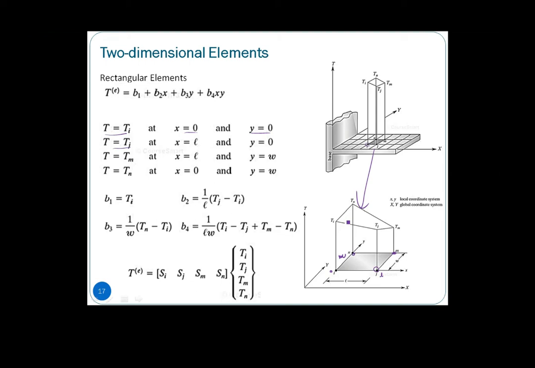This is a similar way of what we have done in one-dimensional elements. Now it involves more unknowns in this case. So we have four conditions to determine the four unknowns. If you substitute all these B1, B2, B3, B4 into here, then we have the T element here equal to, I think I have,